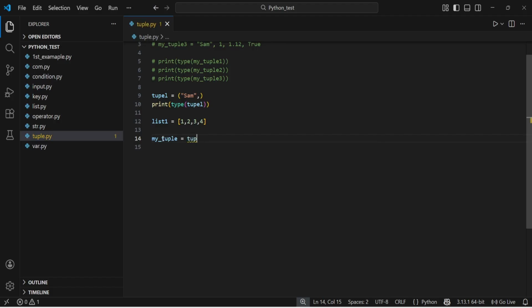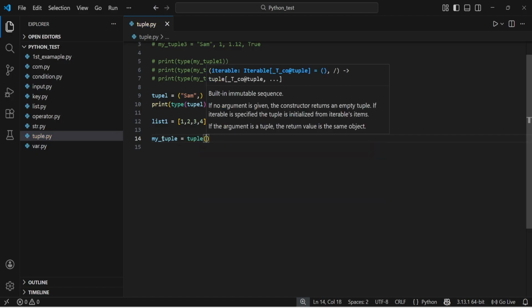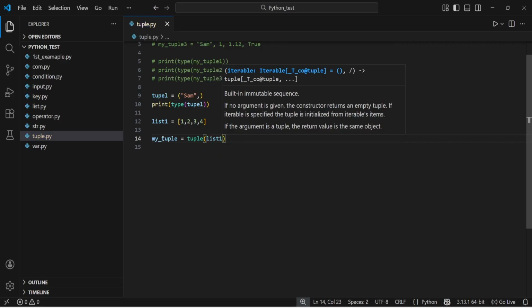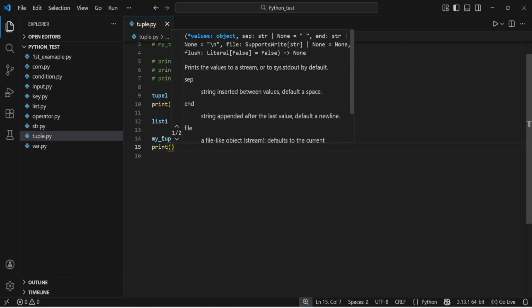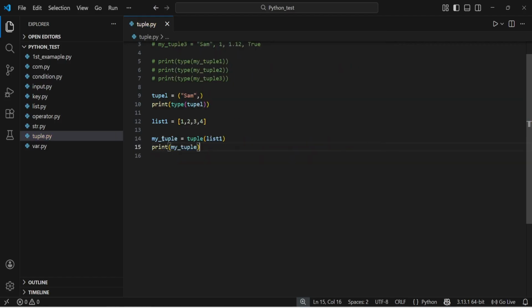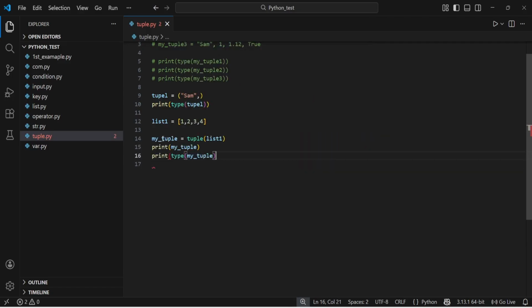This is an inbuilt function, and within this you have to pass your list. Now if you print my tuple, and also print the type of this my tuple,